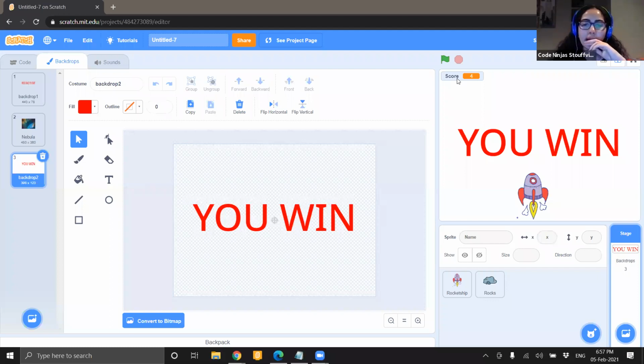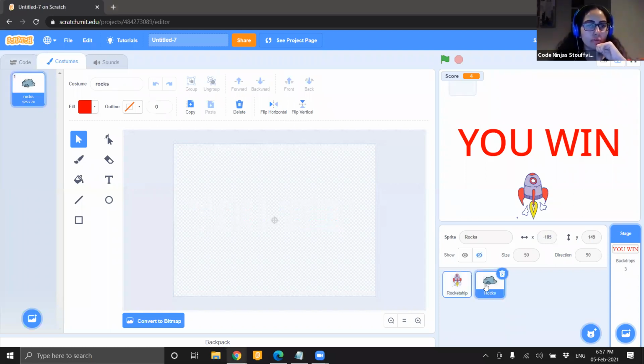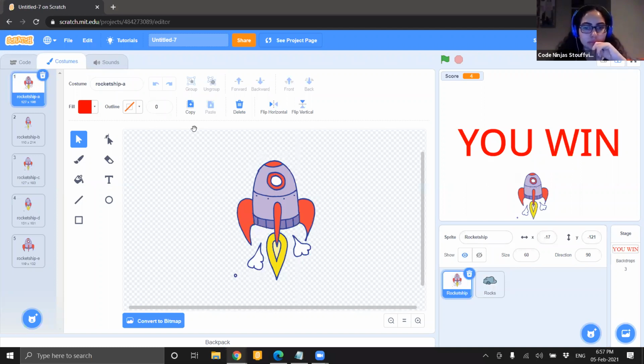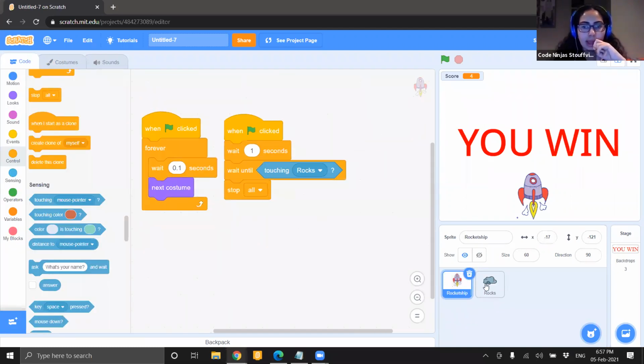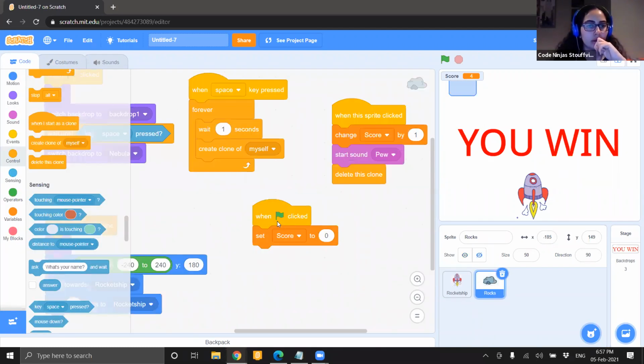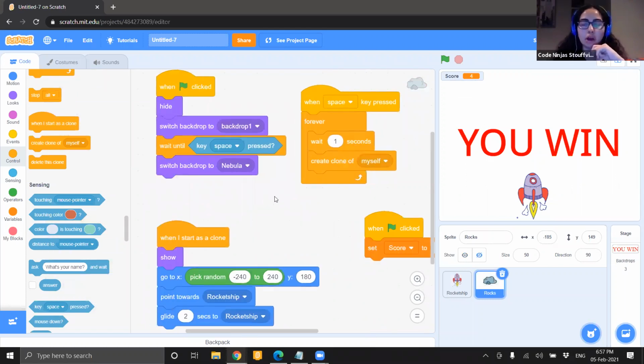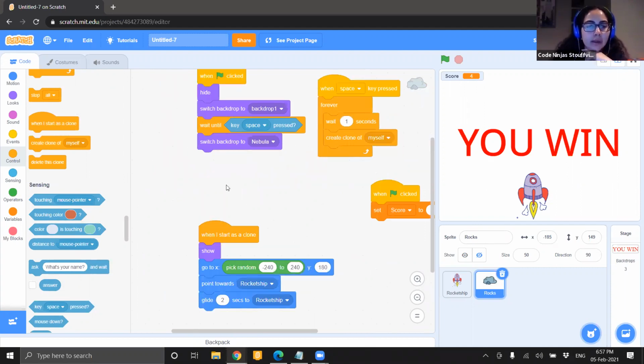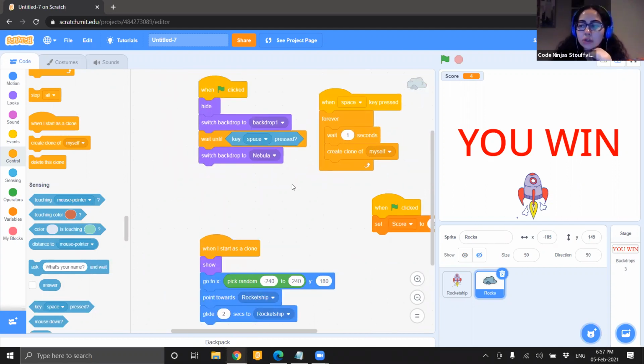Okay, so once you have this you win backdrop, what we need to do is go over to your rocket ship, and we can put the code, or sorry, actually go over to your rock. It'll be easier to put it there. So go over to your rock, and under where we have switch backdrop to nebula,